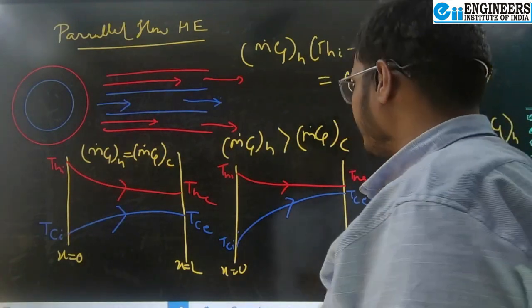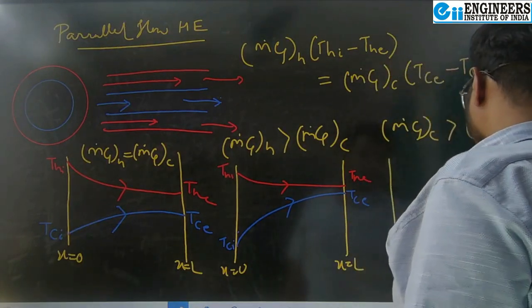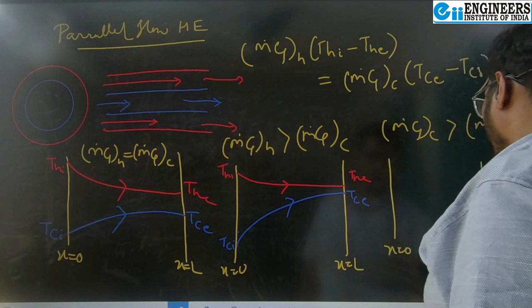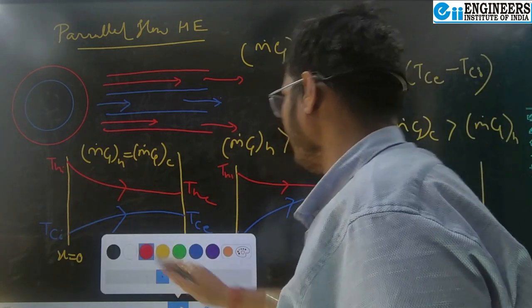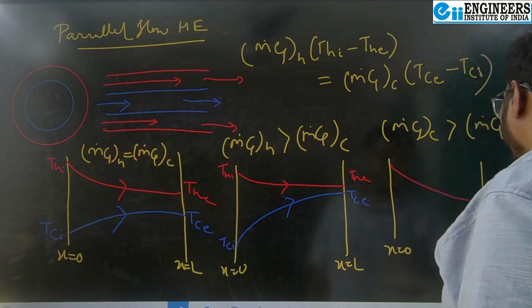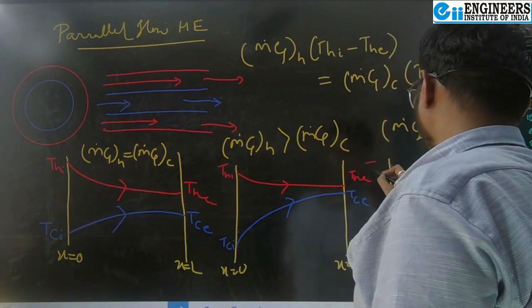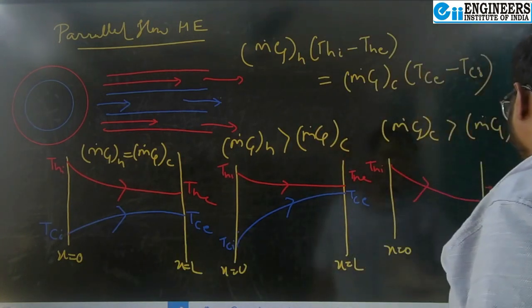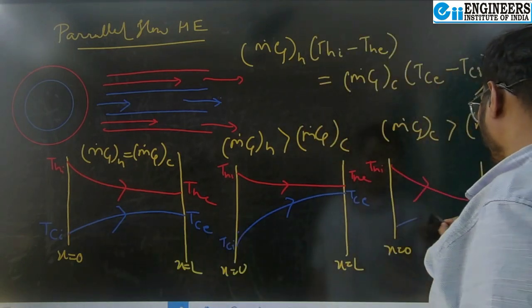In this case, in the same way, the colder fluid is traversing from the direction x equals 0 to x equals L. What will happen over here? The hot fluid will travel longer as compared to the cold fluid. The cold fluid will travel a